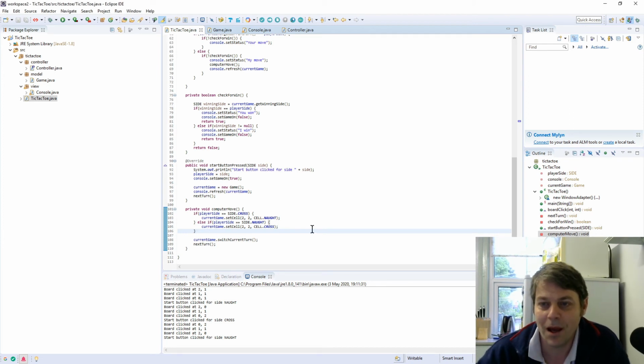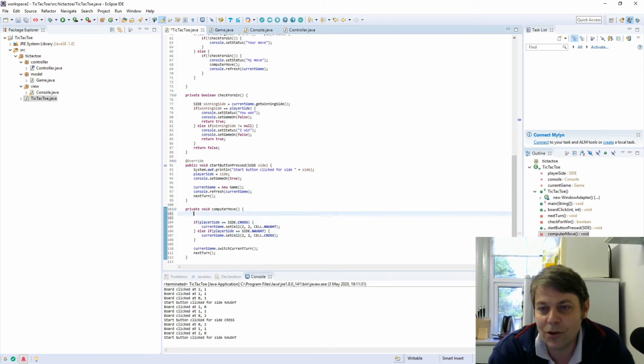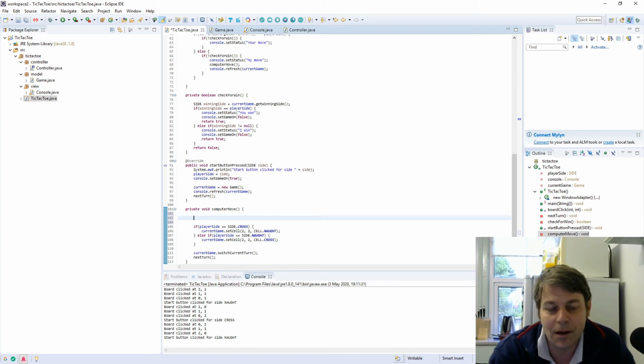So the computer move. We want to select our coordinates. So we want to ask the game. I think we might add a method to game where we can ask it if a side can win in the next move, and to give us the coordinate of that side. So we might add a new object, a side object with a coordinate object that we can pass back. So